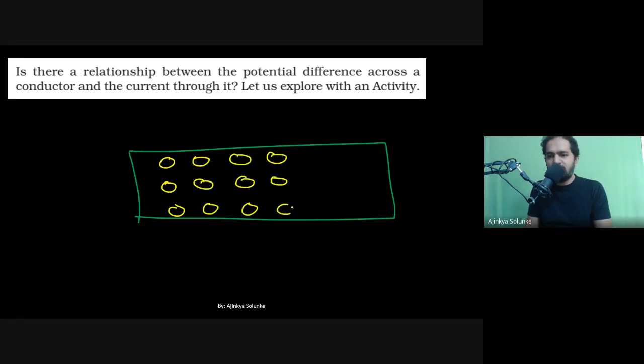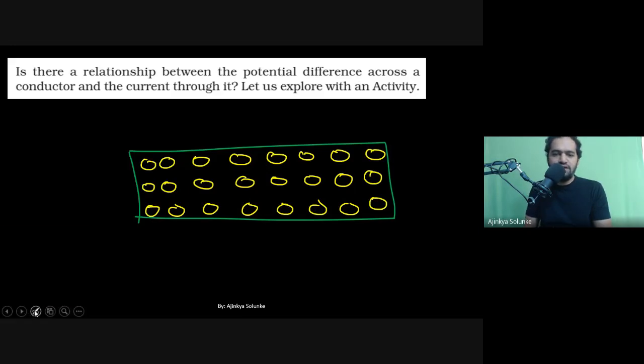In your 9th standard, you have been taught that every material is made up of atoms. Acha, then what about that? See, the problem is that your electricity is flowing due to electrons. In the first period itself, we defined electric current as the flow of electric charge, correct? Whenever the current is flowing, that is exactly the meaning of electric current.